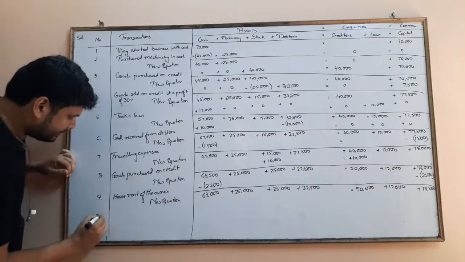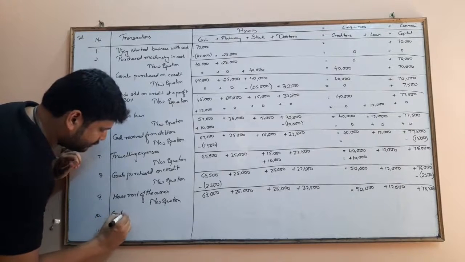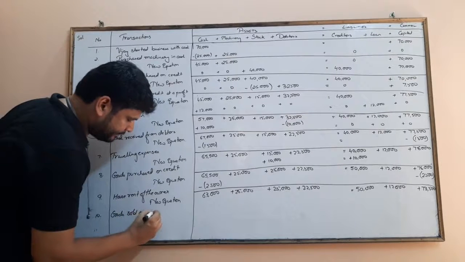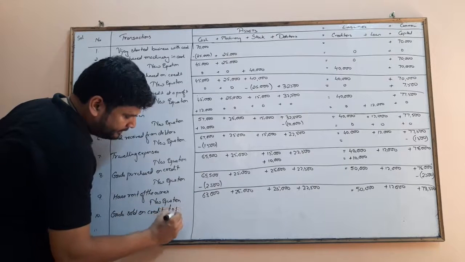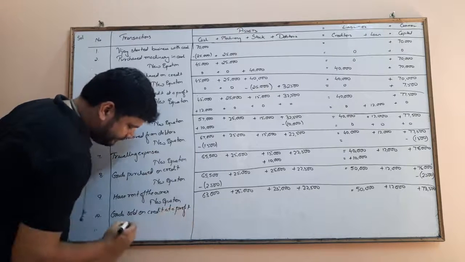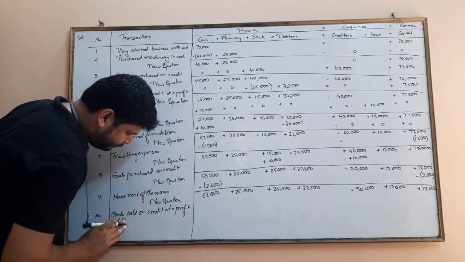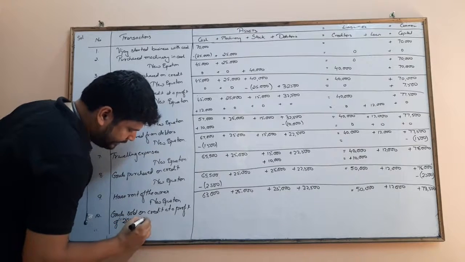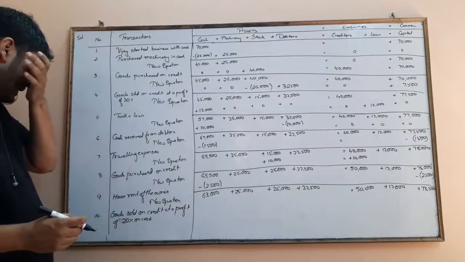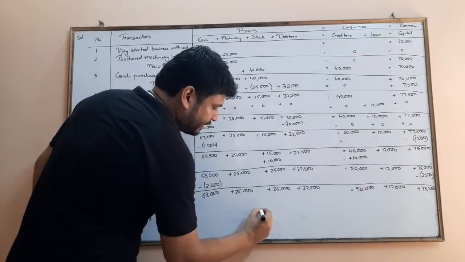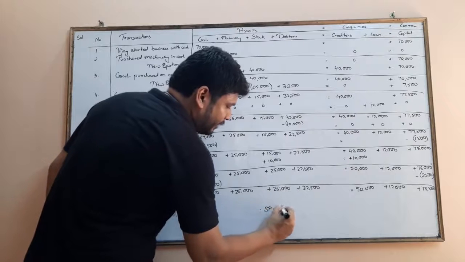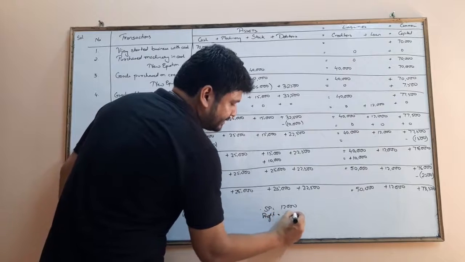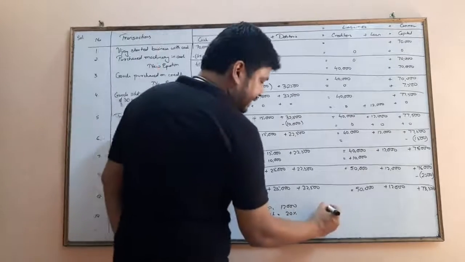And the last transaction. Now goods sold on credit at a profit of 20% on cost. Now goods 12,000 के बेचे हैं, मीन्स आई कैन शो यू ओवर हियर. सेलिंग प्राइस क्या है? 12,000 है. प्रॉफिट परसेंट कितना है? 20%. बट मुझे कॉस्ट प्राइस नहीं पता, तो कॉस्ट प्राइस निकालने के लिए क्या करूंगा?